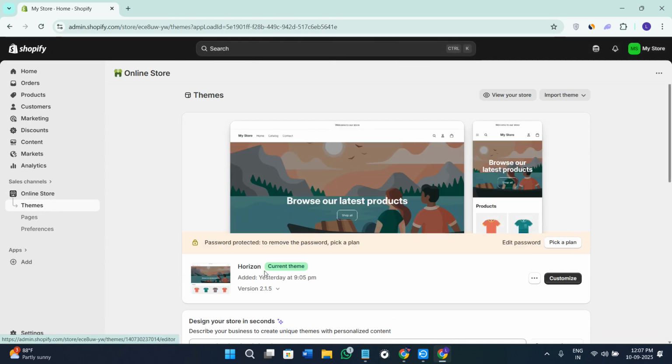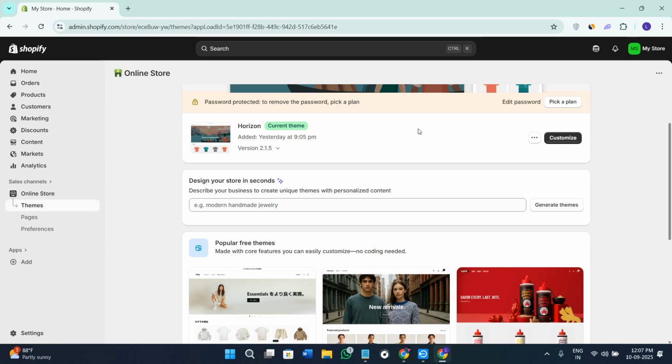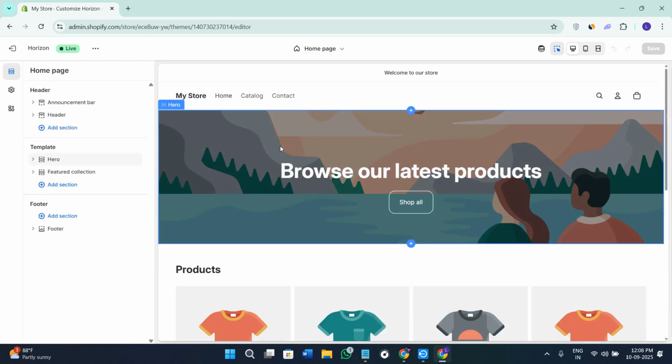Over here in the themes, you will see which theme your account is currently using. So as you can see, it is Horizon theme for my Shopify store. It can be different in your case, but the customization options are quite similar. So here, click on the option of customize right next to the theme that you have. This is going to open the live theme editor where you can basically preview your store and make the changes